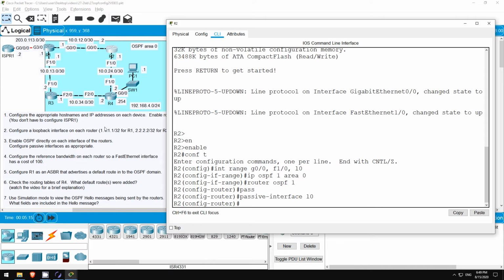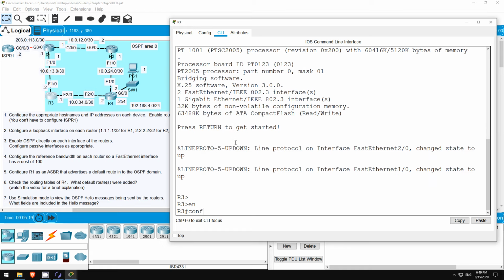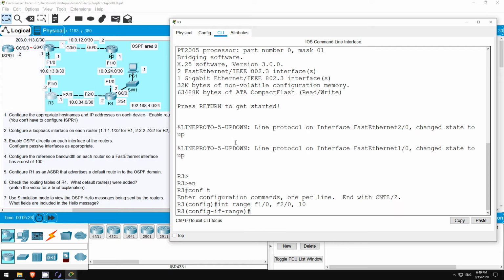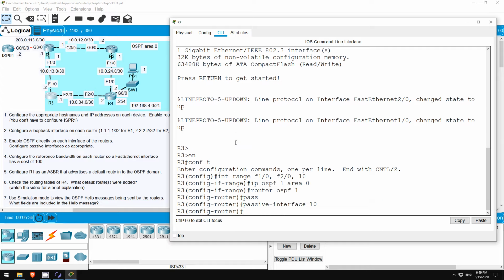Next up, R3. Enable, conf t, interface range F1/0, F2/0, L0. ip ospf 1 area 0. Router ospf 1, passive-interface L0.